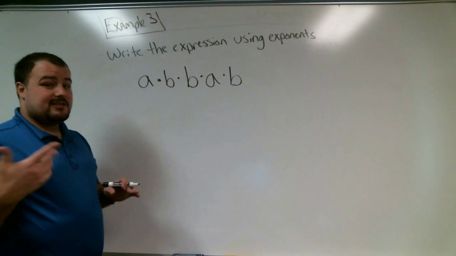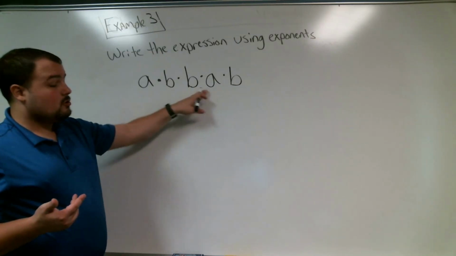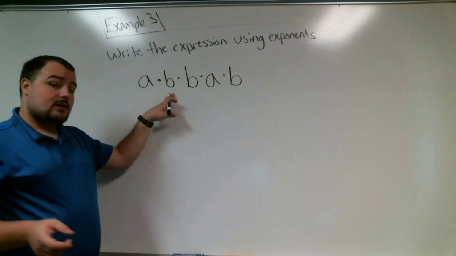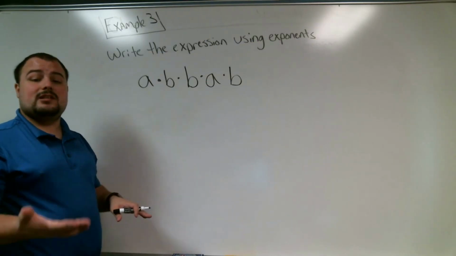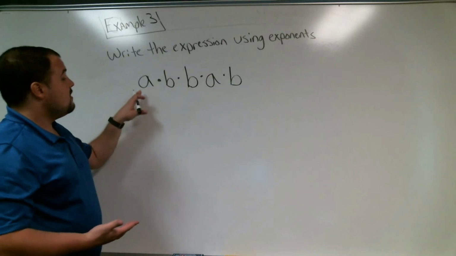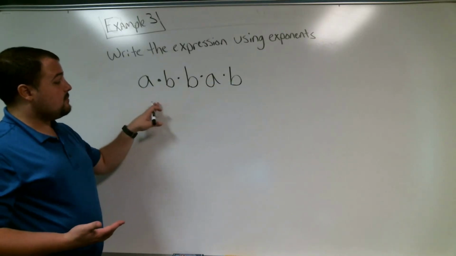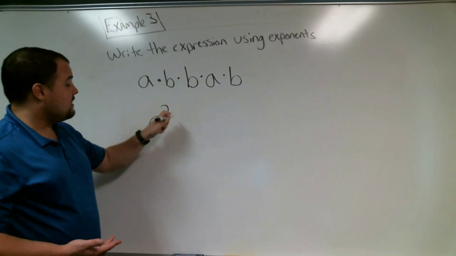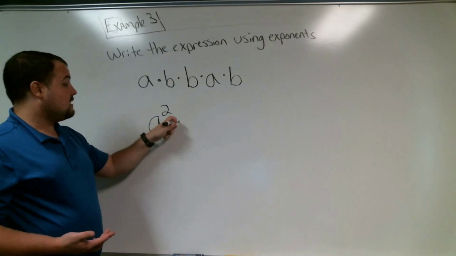So what we're going to do is kind of the same purpose. We see that there's 2 different letters here. There's A's and there's B's. Those must be our bases. So what we do is we say how many times do we see those coming up, and those are our exponents. So A, since everything is multiplied, I have A 2 times, so that's A to the second power, times,